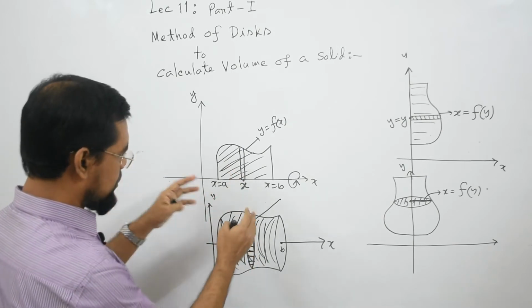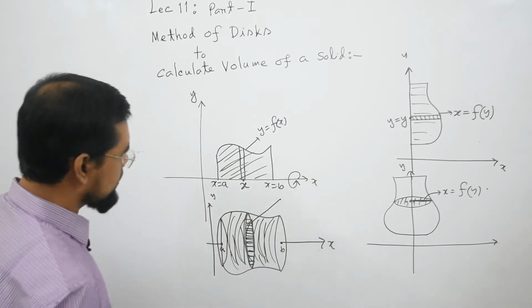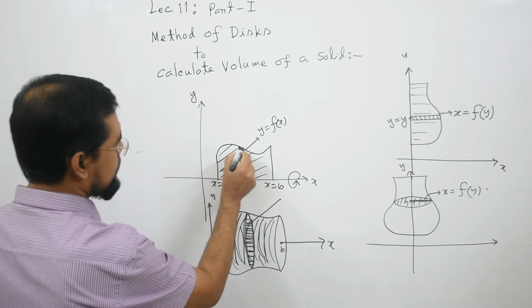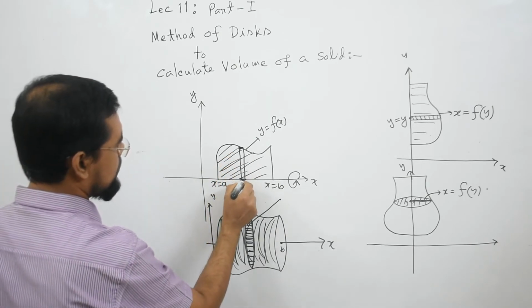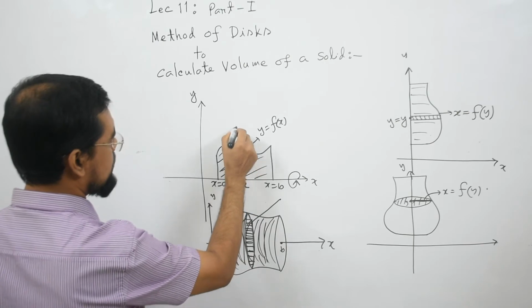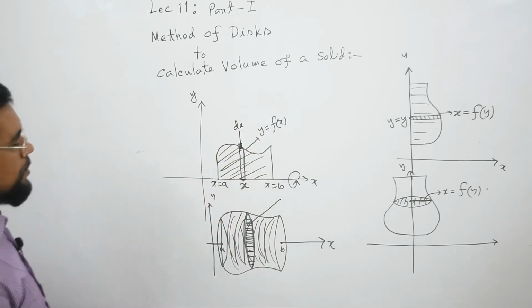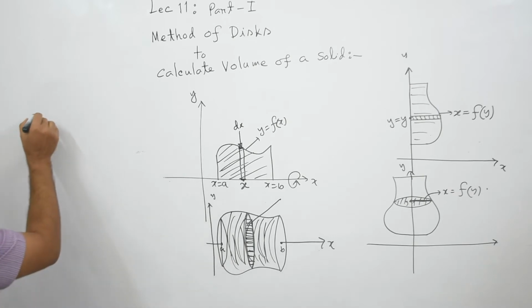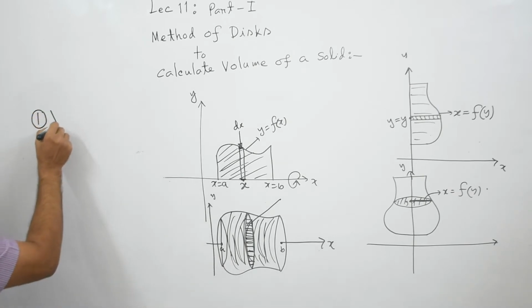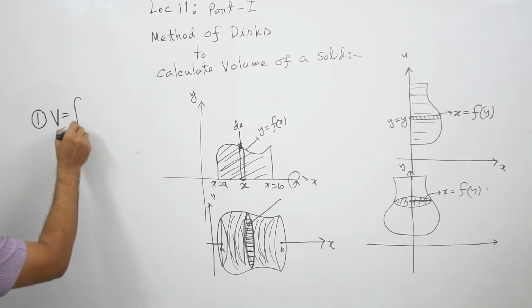And you see the width of your cross section is dx, so in that case your formula will be this one, volume formula 1, which is